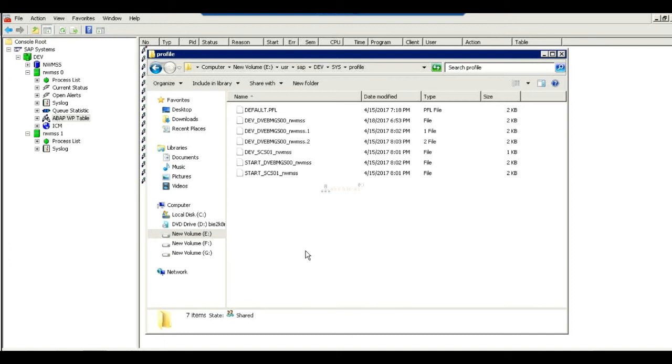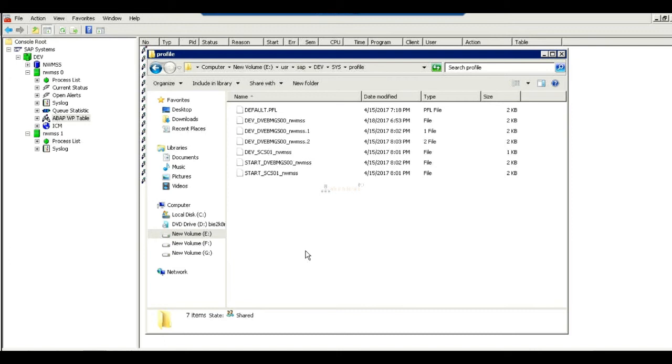For example, if you change a profile value at SAP level, you get a pop-up message that you need to restart your application, and only then will this profile take effect. Only after you restart SAP will the value be applied.